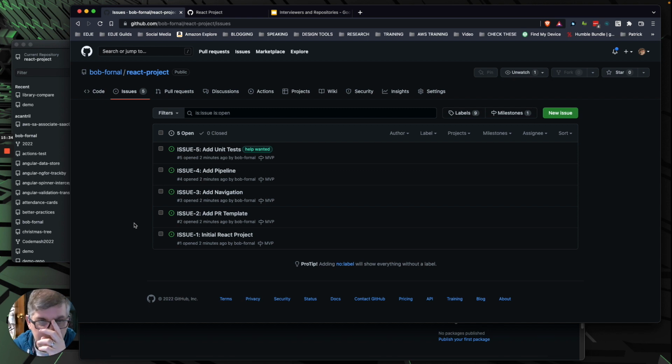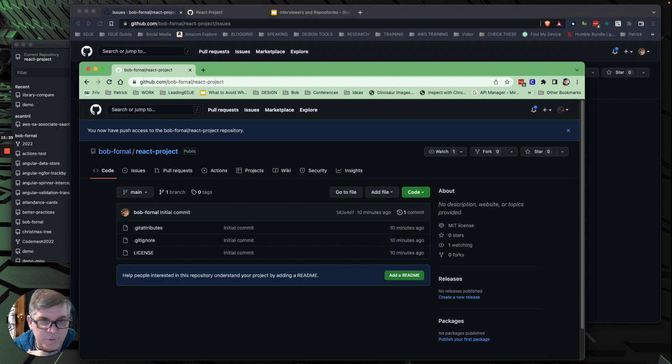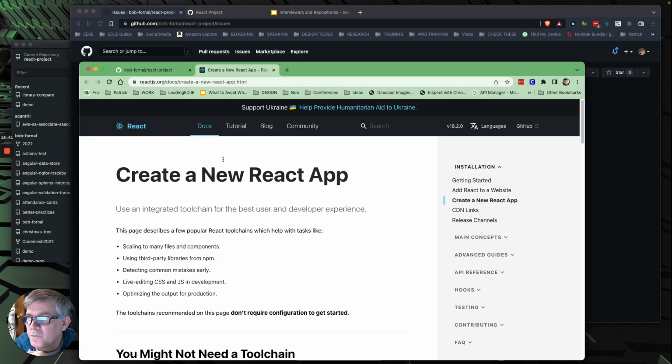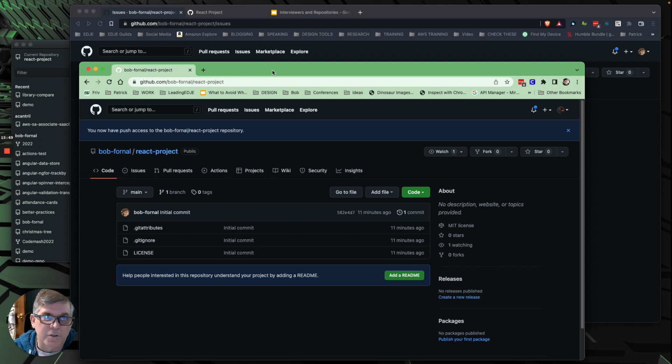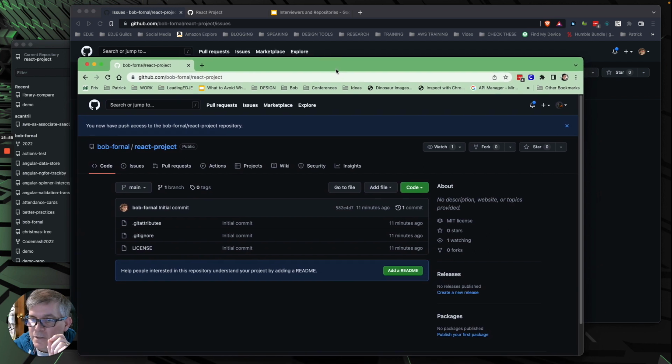So, the next phase of what we're going to do, and it's going to pop up over here, is we're going to create a new React app. So this link in the React.js org docs is in the project. It's in the directions markdown file, so you'll be able to access that. The repository will be available to you at the end of this process.